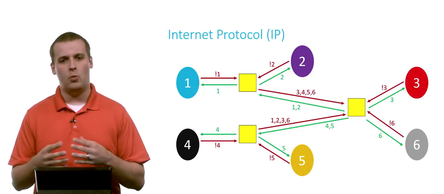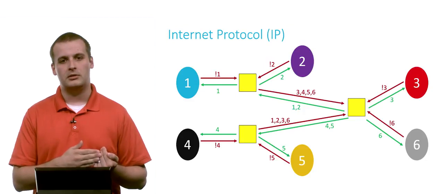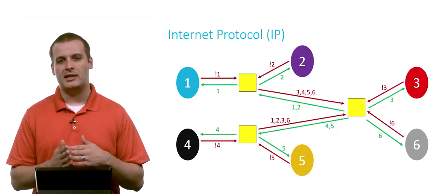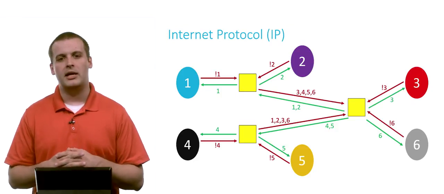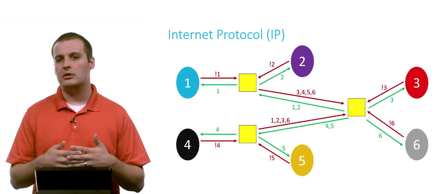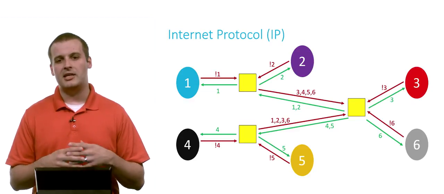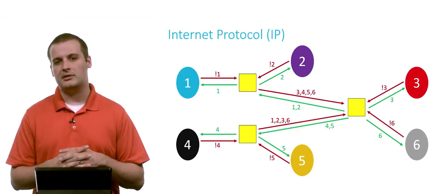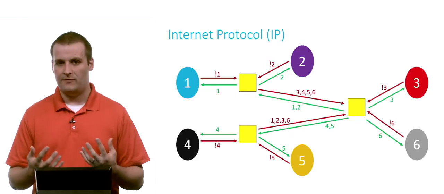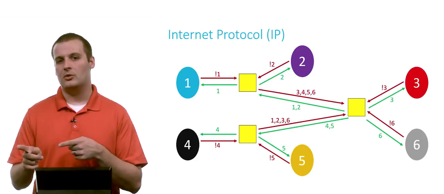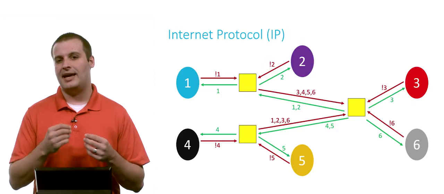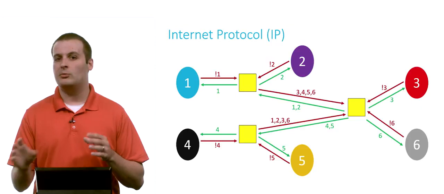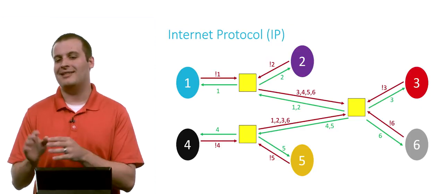The router says, if I see a 1, I'm going to move to network number 1. That's the green arrow heading to the left out of that top left box. If I see a 2, that's the arrow heading to the top right towards the purple network. If I see an IP address starting with a 2, I'm going to go towards the 2 network. If I see a 3, a 4, a 5, or a 6, that's that red arrow coming out of the top left router. I'm not connected to 3, 4, 5, or 6, but I know somebody who is, or who's a little bit closer to there. So every time I see an IP address starting with 3, 4, 5, or 6, I'm just going to send it to that router. I'll move it a little closer to where it's supposed to go and let that router deal with the problem.